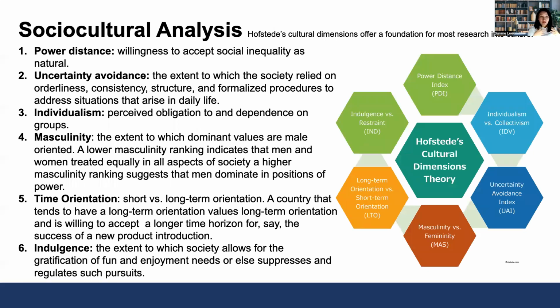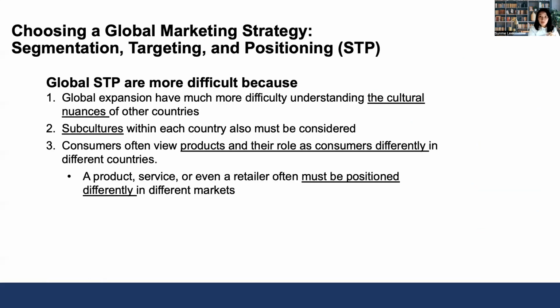And here is the diagram of the Hofstede analysis. The Hofstede cultural dimensions offer the foundation for more research into culture. There are six dimensions, and I just provide the definition of each factor. So after you understand the four factors of the global markets, what is the next step? The same as what we learned in the marketing plan and marketing strategy: you need to segment the market, then choose your targets, and then